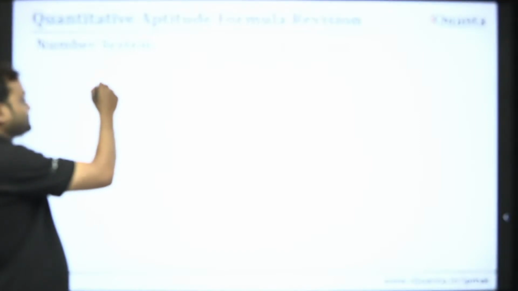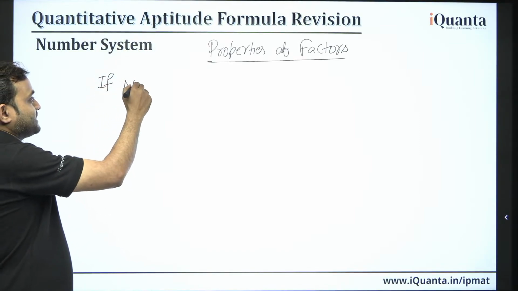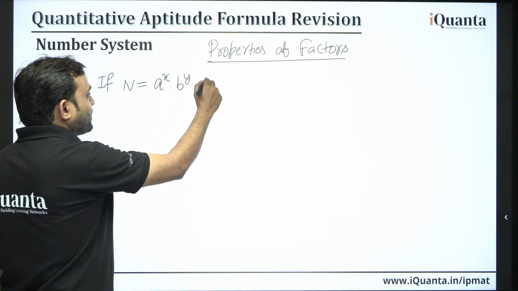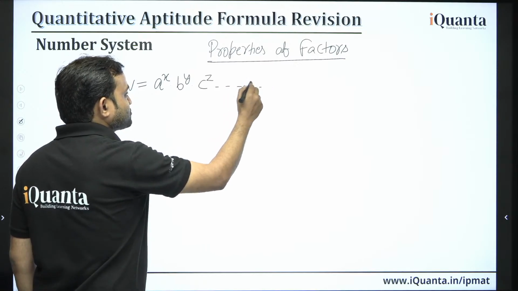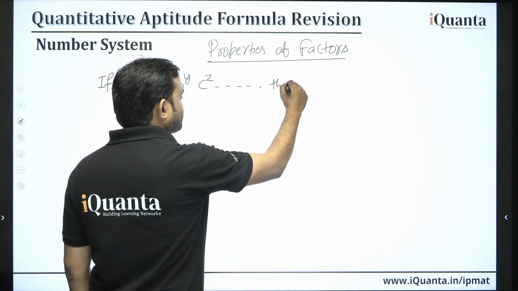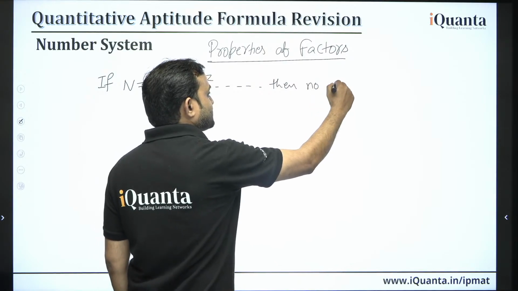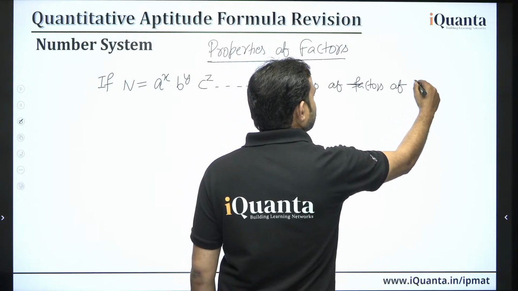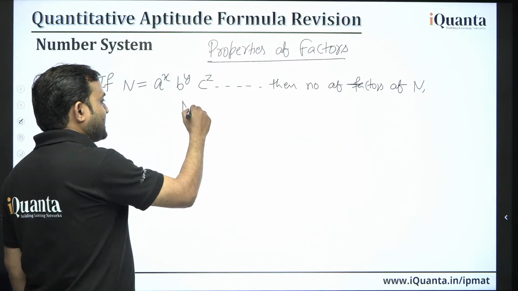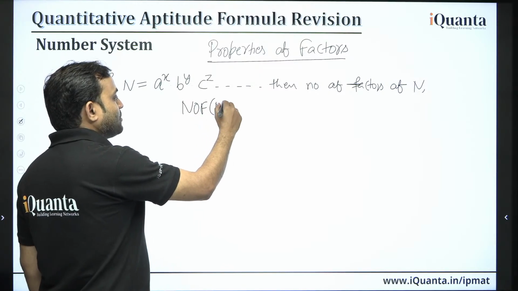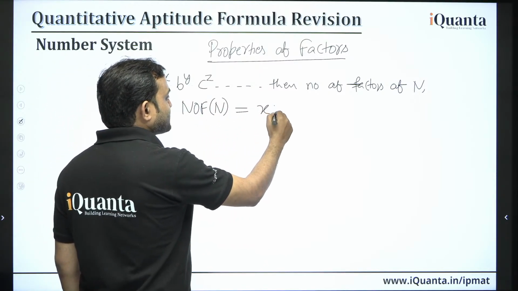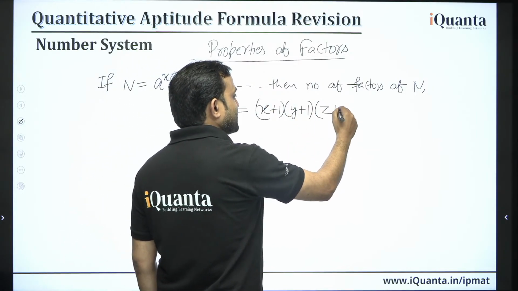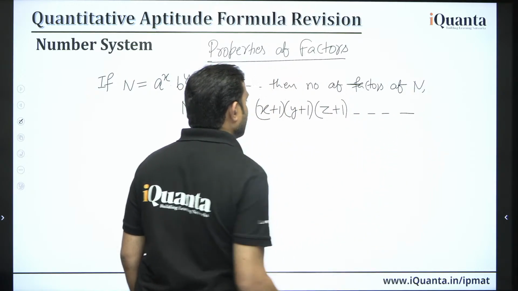That if n is equal to a to the power x, b to the power y, c to the power z and so on, then the number of factors of n, which we can denote as NOF of n, will be equal to (x plus 1) into (y plus 1) into (z plus 1) and so on, where,